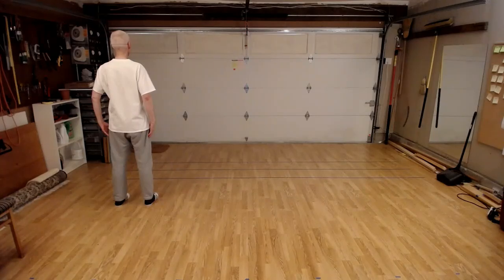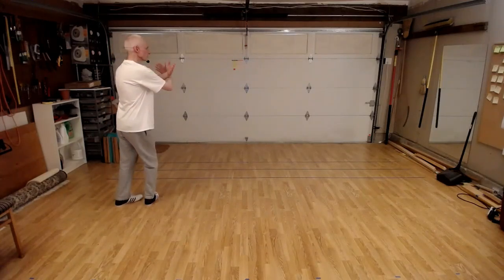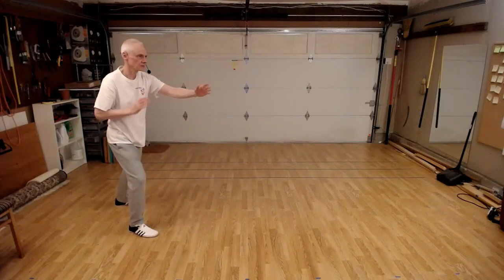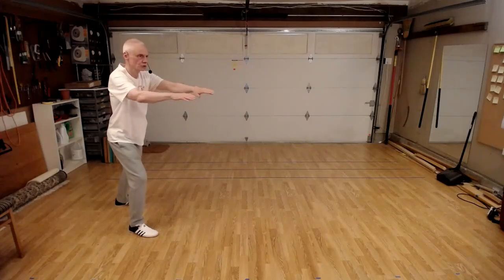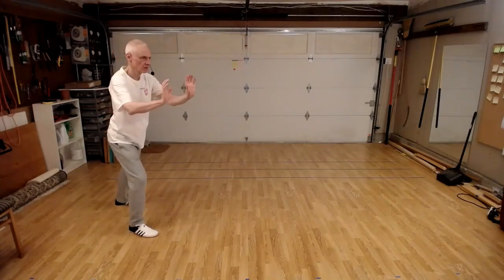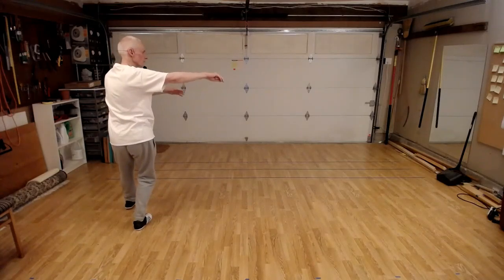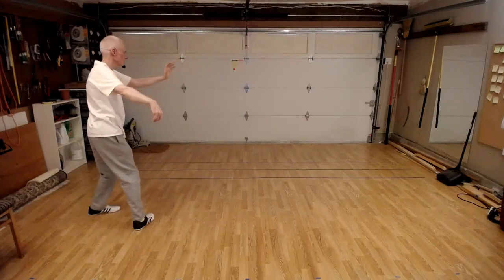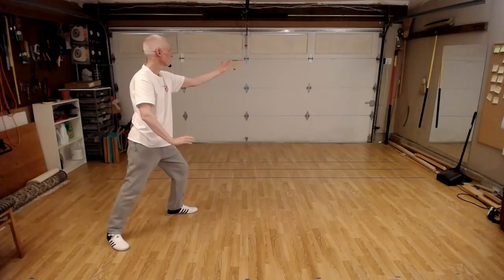Okay, third section. Cross hands. Raise the arms. Bend the knees. Embrace tiger. Return to the mountain. Roll back. Press. Push. Transition to diagonal single whip. Diagonal single whip. Wild horse parts its mane. 1, 2, 3,